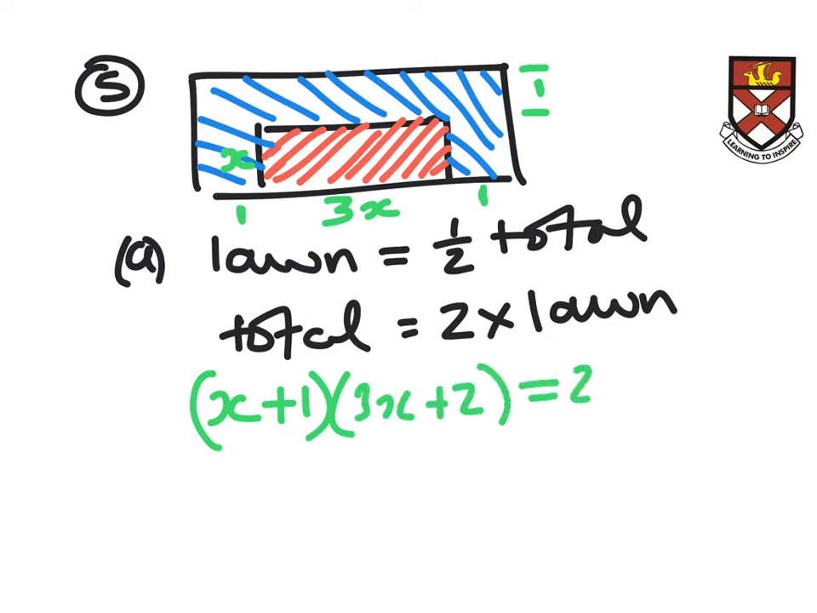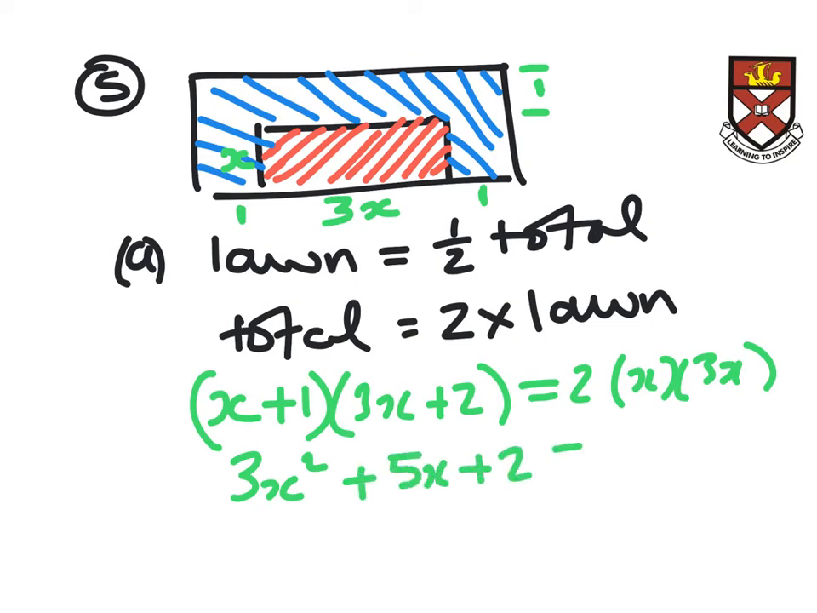That's going to equal 2 times the lawn. Now the lawn, we've got the sizes for that on the picture. We know that it's x high, and we know that it's 3x wide. So its area is going to be 2 times x times 3x. So if I remove these brackets, I get 3x squared plus 5x plus 2 equals, and then if I tidy this side up here,